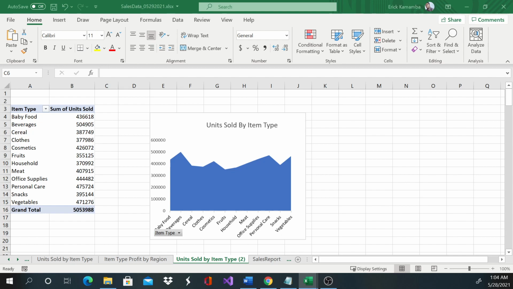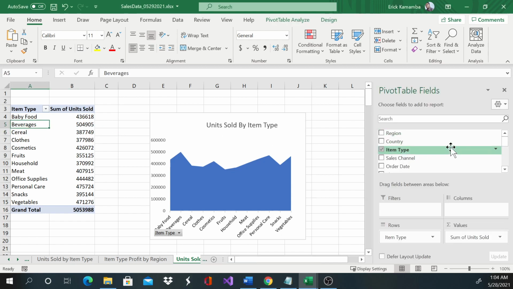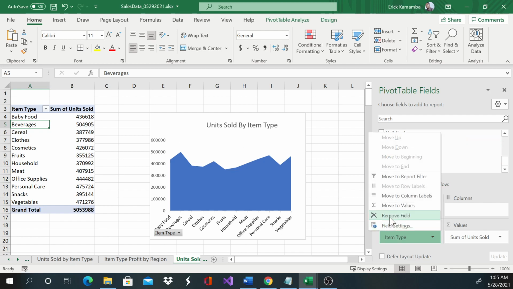And I'll leave units sold, but for you guys, if you wanna try, you can try profit. Let me select this. You can try maybe total cost. You see in the map what's costing more and all that. So I'll leave units as it is, and then I'm gonna delete this